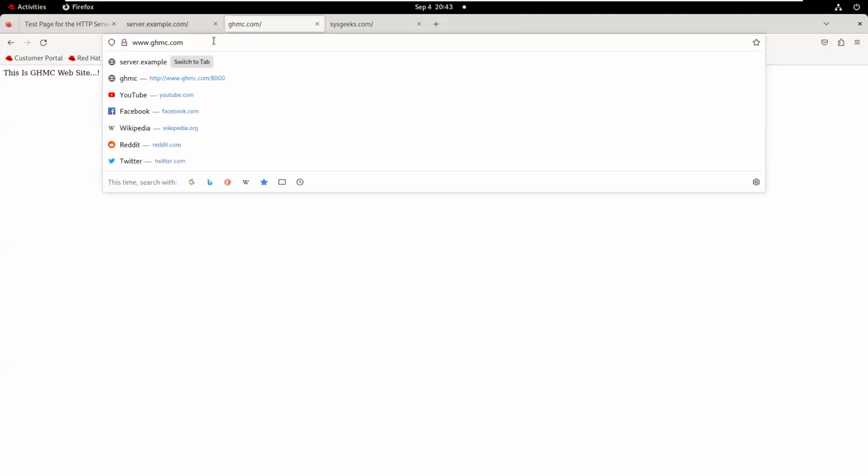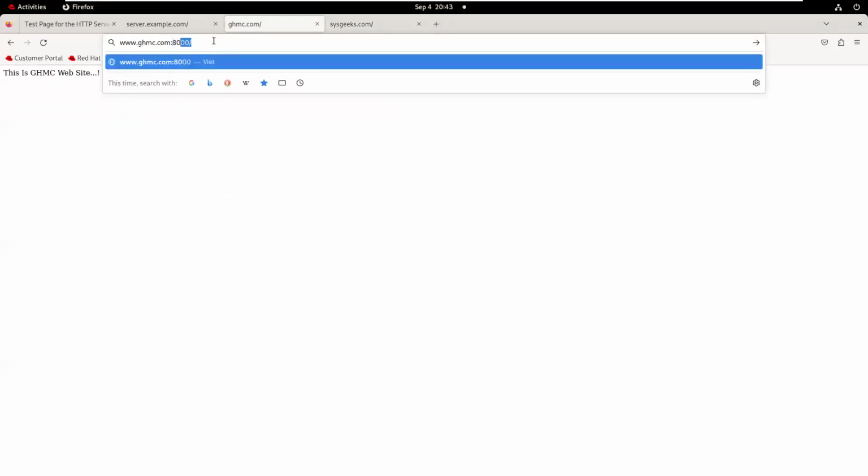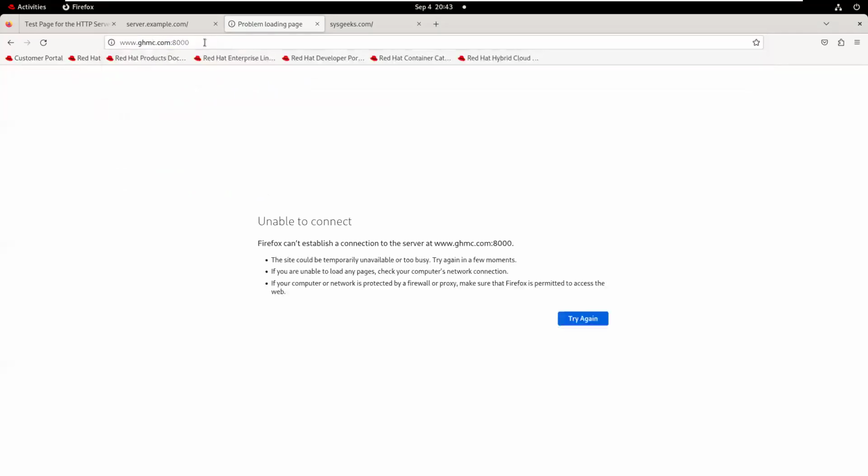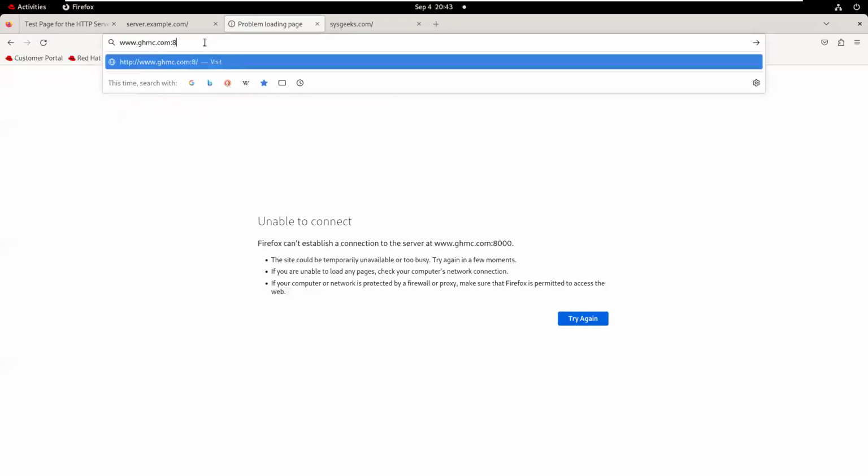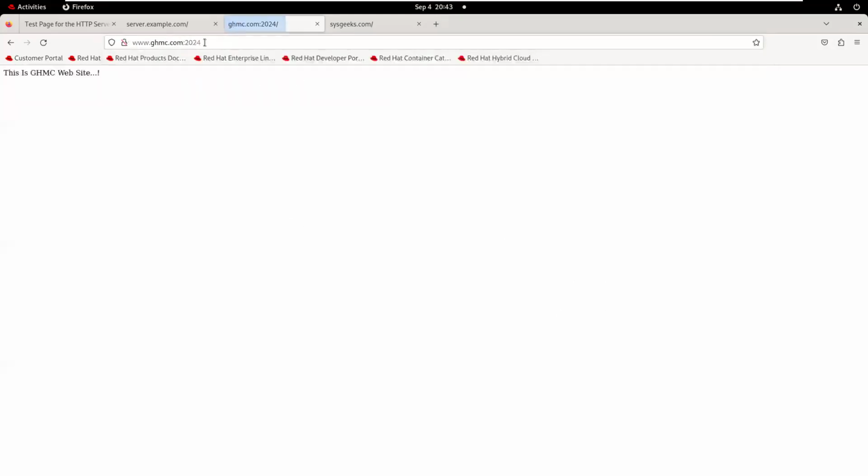Then in the browser, just now the website was running with jhmc.com, but if I run port number 80, for example, what happens? It's not running. Actually this jhmc website runs on port number 2024. So now if I enter it, see this, the website is available on port number 2024. So you can run websites with unreserved port numbers, and this is how to call the port numbers. For security reasons, people run websites on different port numbers in the environment.